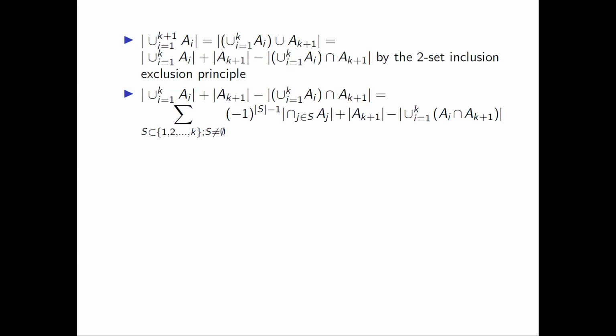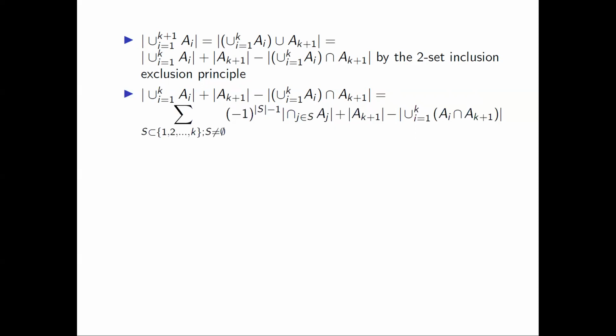Now what we'll do here is we'll replace the cardinality of that first union from i equals 1 to k of Ai with a sum using the inductive hypothesis. And that sum is the sum over the non-empty subsets S of {1, 2, up to k} of (-1) to the cardinality of S minus 1, times the cardinality of the intersection over j in S of the Aj's. We don't change the term that's the cardinality of A of k plus 1,